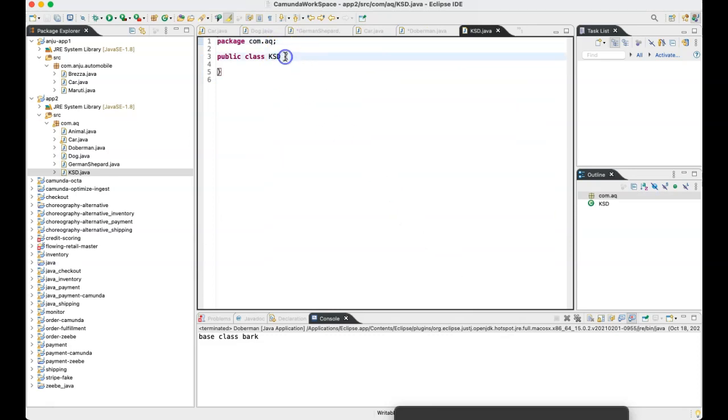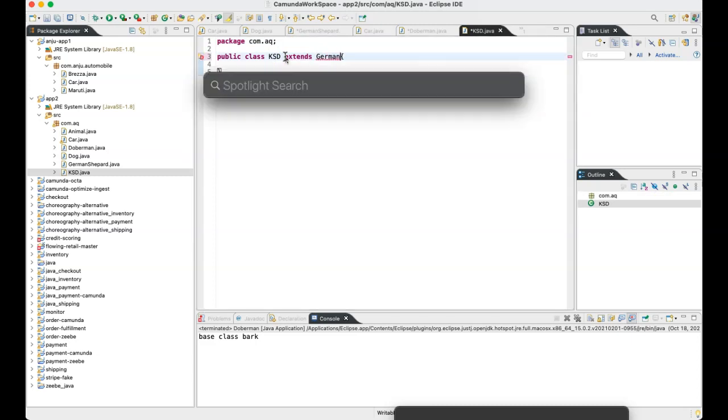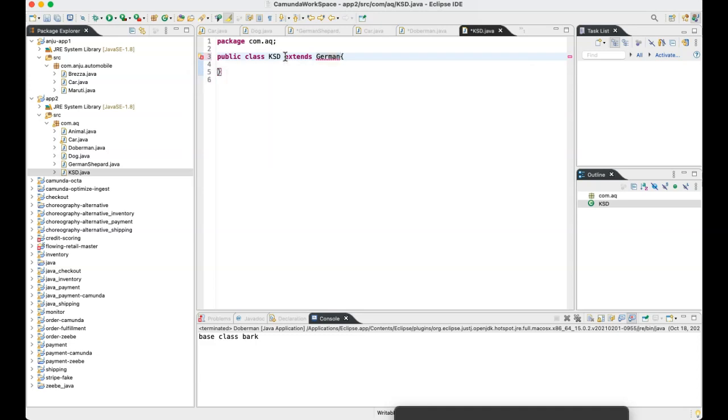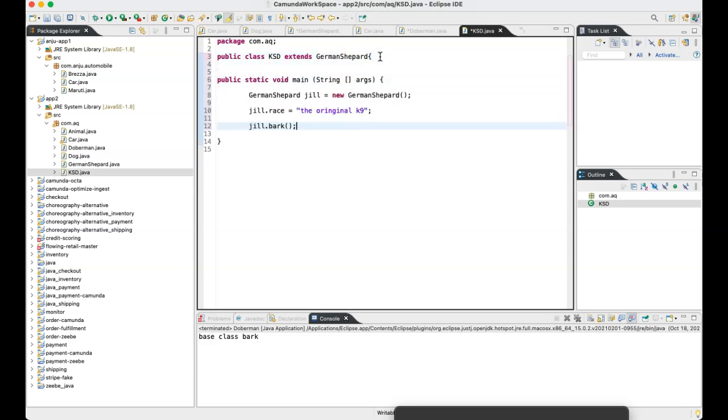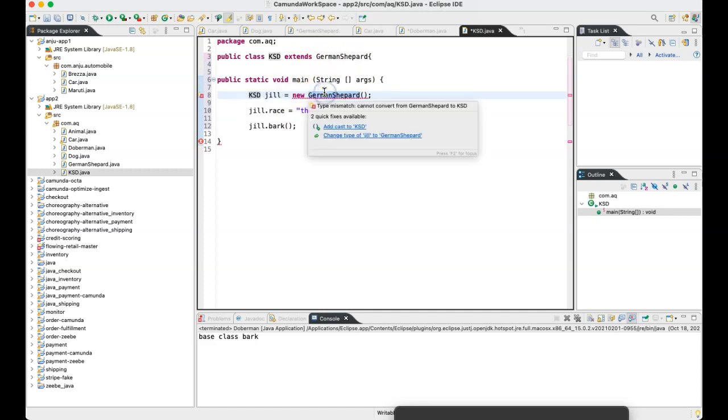And I am telling this extends from German shepherd. Now I can also do this. I can call this as KSD, and I'll call this war.